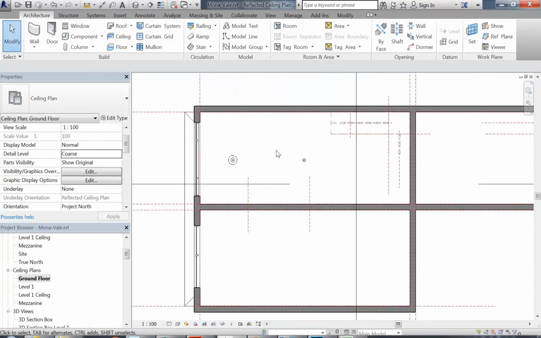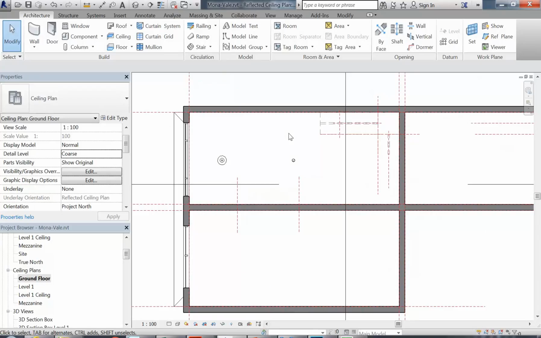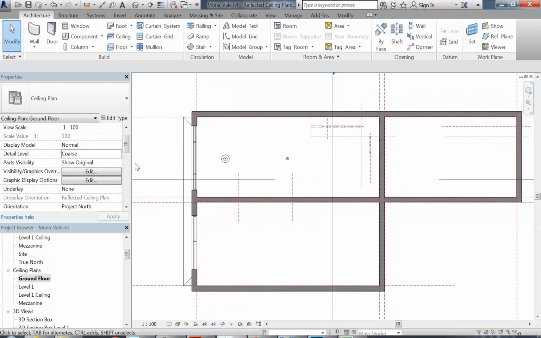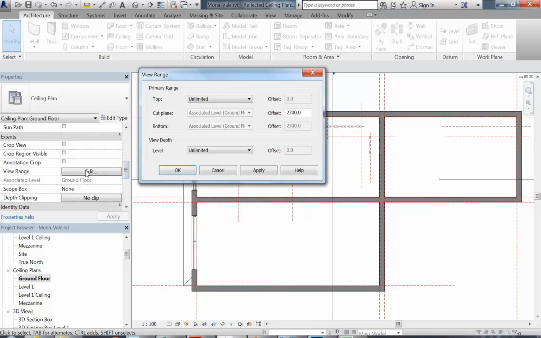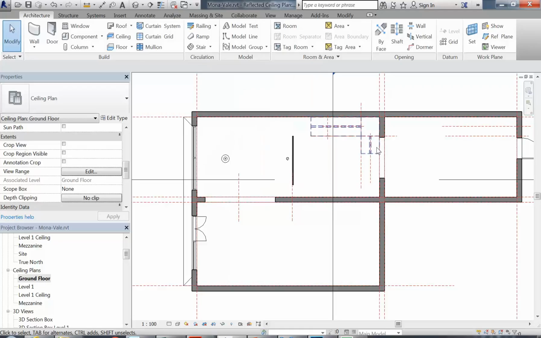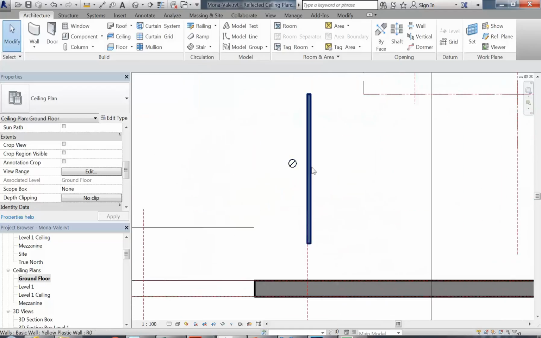And there's a really useful option that you can use to see your floor plan. So in my ceiling plan, I can't see the things that are below my cut plane. So you get a couple of options there. You can go into that option I just showed you, your view range. So I'm going to click Edit there, and then this time look at the cut plane. So notice how here the cut plane's all the way up at 2300, and that is probably too high. Generally I have my cut planes below the door heads, so 2 metres. And that way you'll see the openings, and I've actually picked up the wall there as well because it's